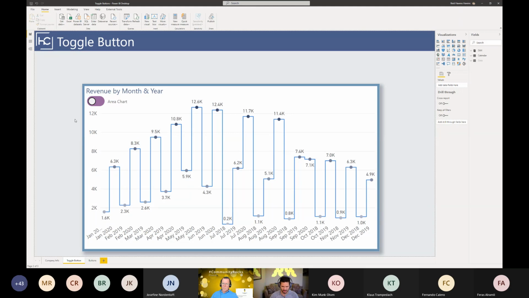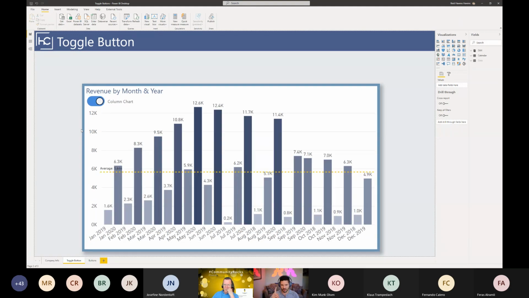But I basically created a bookmark that is kind of like a radio toggle that can move back and forth. I originally thought about doing this maybe using images, or something else that can be brought into the report itself. But I actually was able to create this entirely just using the native buttons. It doesn't actually look like a standard button at all in Power BI, but through a bit of formatting, because they're highly customizable, I was able to create something that basically had that sliding effect back and forth.